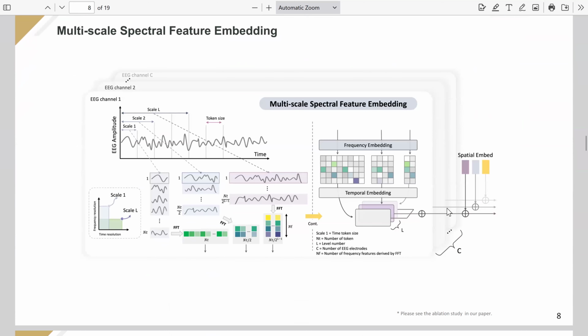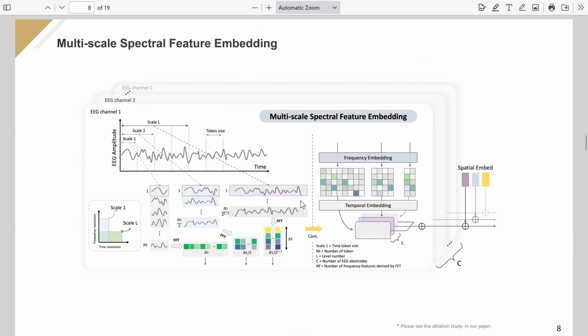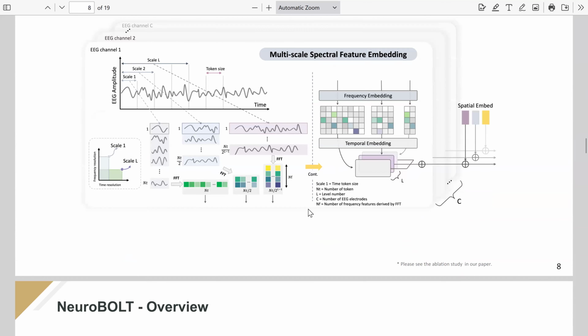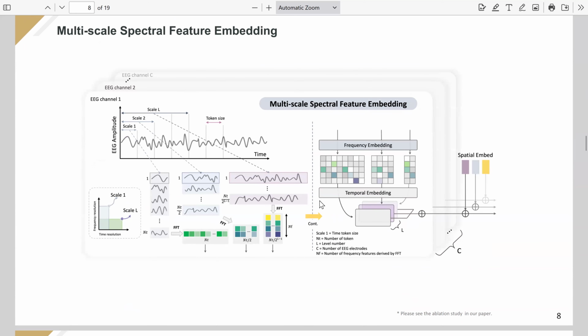So the spectral embedding that they do is, I think, a little bit interesting, but it's methodologically quite straightforward. They just, again, take differing window sizes, take the Fourier transform, and feed those in, getting separate embeddings across different resolutions for the Fourier transform, looking at the spectra. So it's nothing particularly complicated, but it's an interesting quick methodological branch that they add on. And they didn't do much in terms of ablation to show, at least as far as I recall, that this branch adds a whole lot performance-wise, but it's an interesting approach.